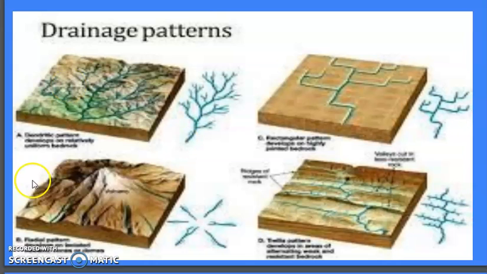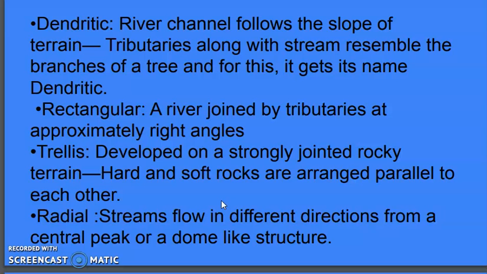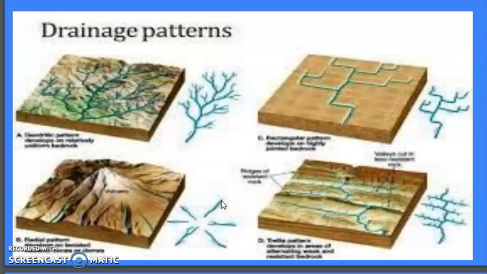The next drainage pattern that we have is called the radial drainage pattern. You can see in this kind of drainage pattern, this center part is a hill, and from that hill or mountain water is flowing on all sides. If you take a photo, it will look like the rivers are flowing in this way. This kind of drainage pattern is called the radial drainage pattern. The streams flow in different directions from a central peak or dome-like structure,